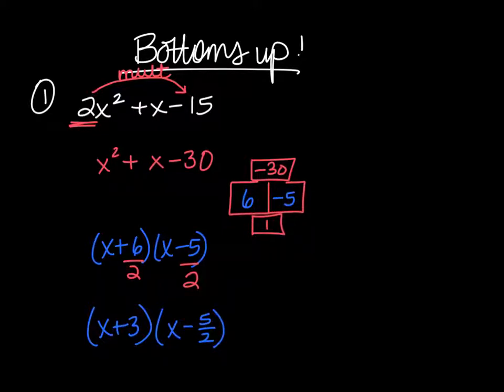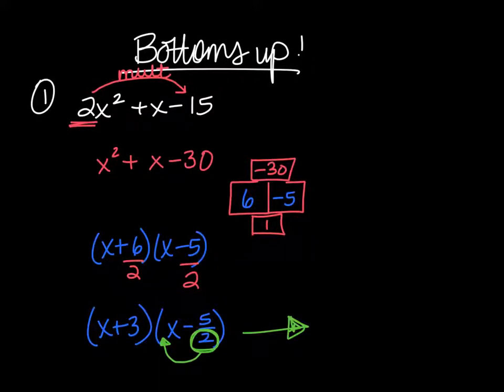And then think about this as like a circle. So since the 2 moved to the end, I've got to somehow bring it back to the beginning. So to do that, I'm going to do what we call bottoms up, which means I'm going to take the bottom of the fraction and bring it up. Now this time it doesn't go into the very front, like in front of the parentheses, because that would mean it's a GCF, which it's not. It needs to come in front of this x,